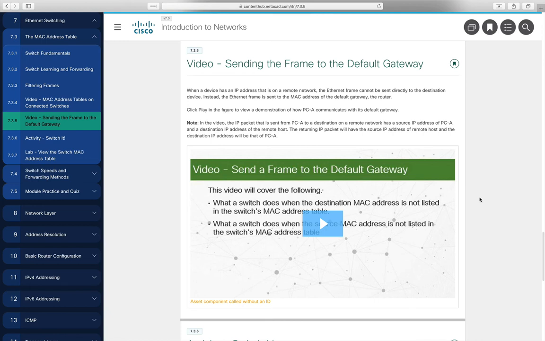If we see that the host is on a different network, then the way we start the IP packet on its way is by sending that to the default gateway. So we're talking about layer 3 a little bit. We would transmit the IP